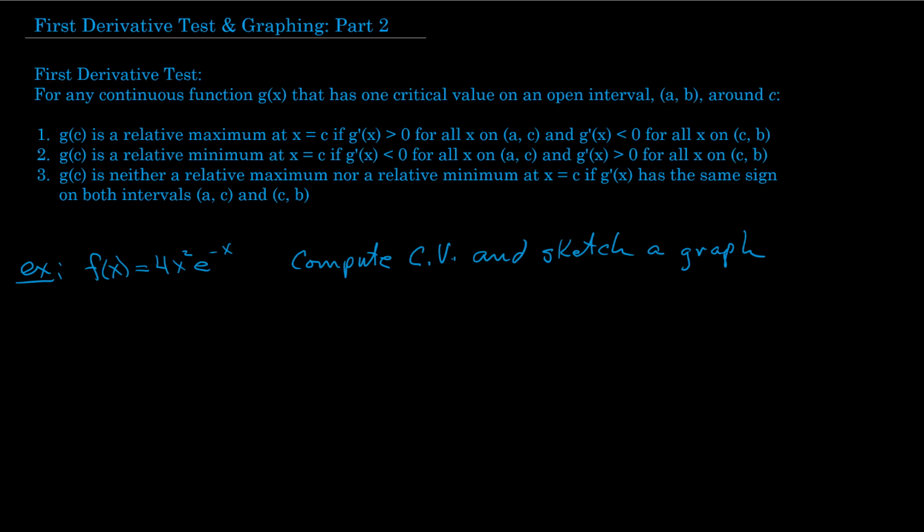if we're on some interval from A to B, so let's say I'll draw this in the upper right-hand corner. Let's say we've got some number here A, we have some number here B, and at C, the derivative is equal to 0, so this is a critical value. So C is our critical value. If we evaluate the derivative on this side, and it's greater than 0,